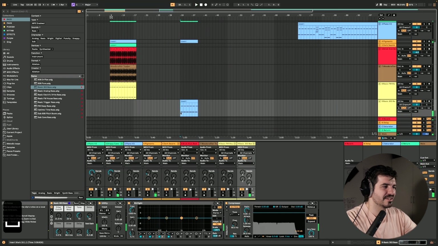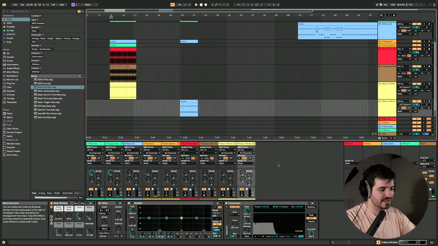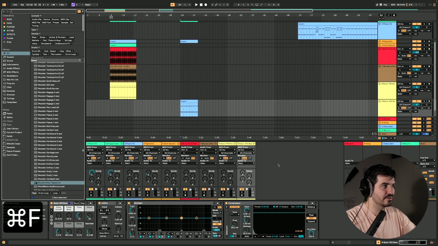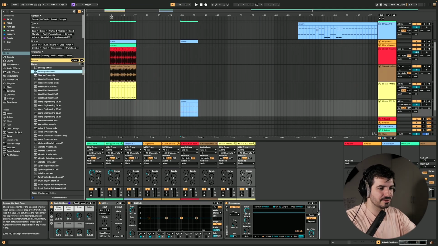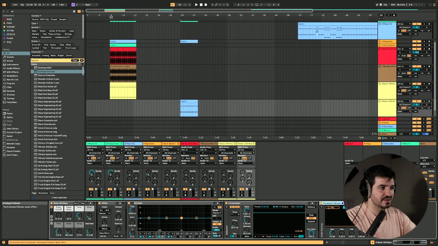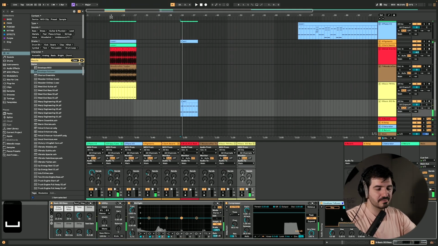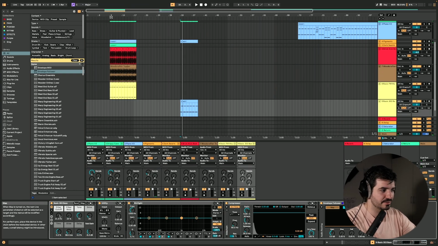I mean, we can get crazy with it, right? With this, we can look for an envelope follower. In case you don't know what that is, you're gonna see. It's gonna just take the wave shape, and you can map it to different parameters. So if we map that to the filter cutoff,